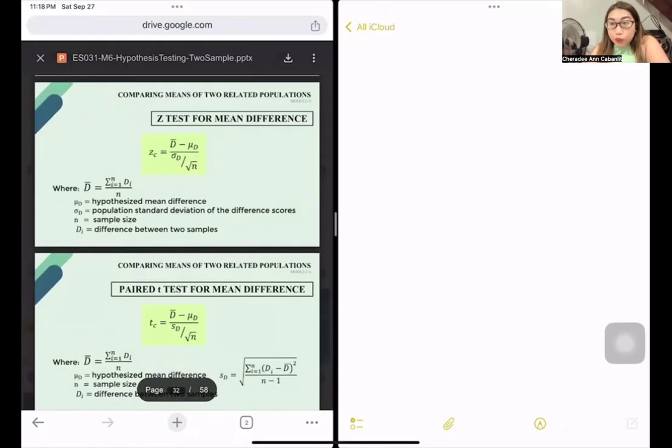Okay, so to compute for the computed value, so same ra gihapon, the HO is the same, no? The only way you dictate it is they have equal differences and the other one is they do not have equal difference. Inana ra imong statement. And then the level of significance is the same, the given values are the same. However, you are going to compute this time the bar D. The bar D is actually the average of your differences.